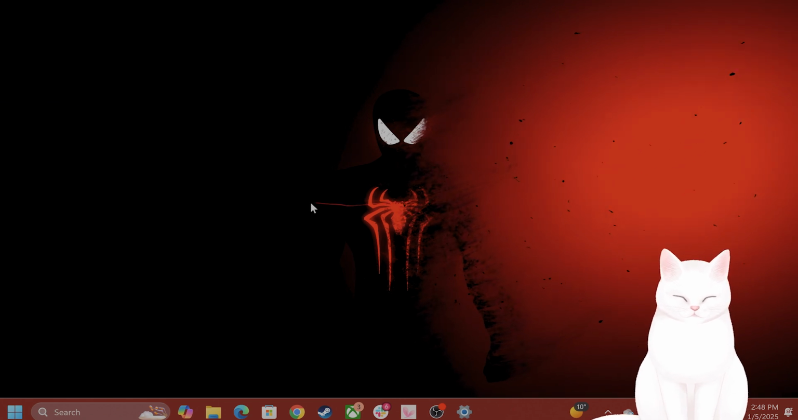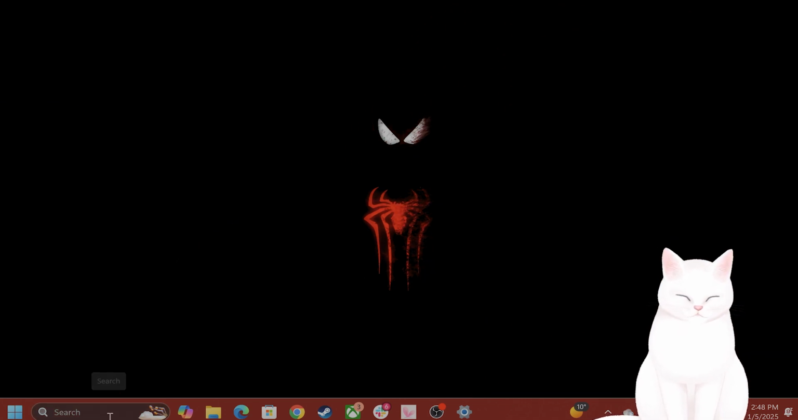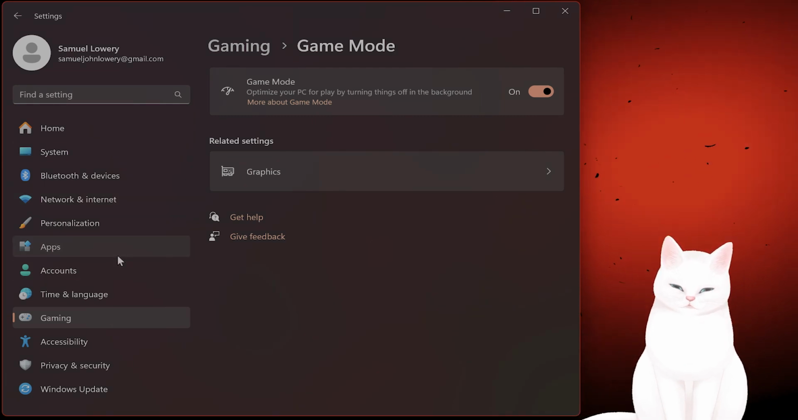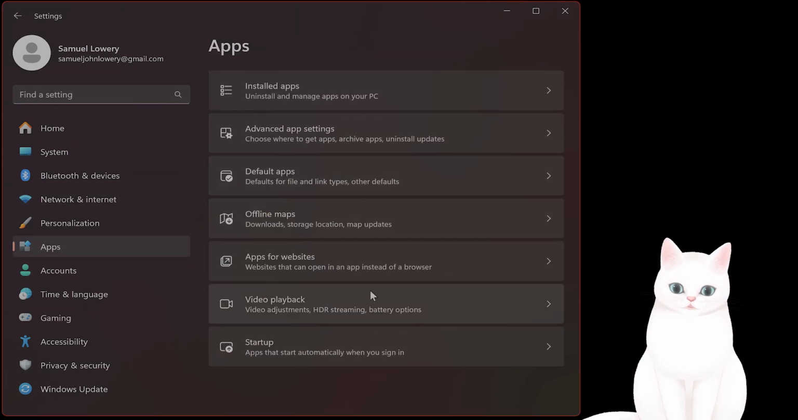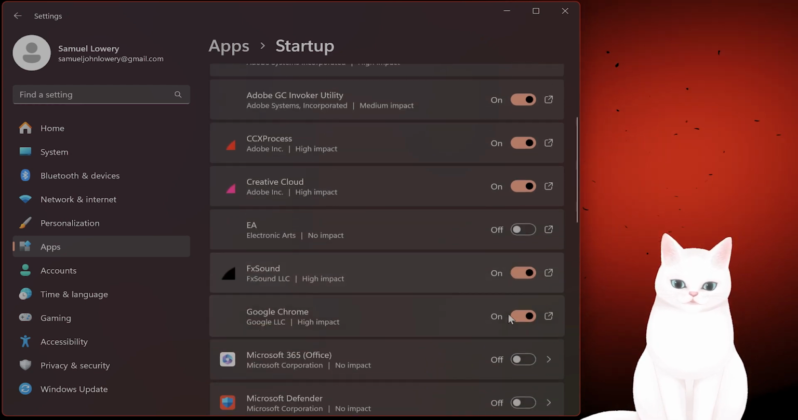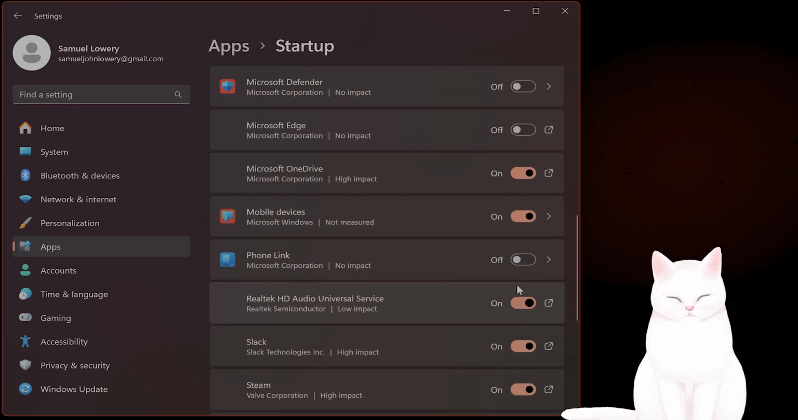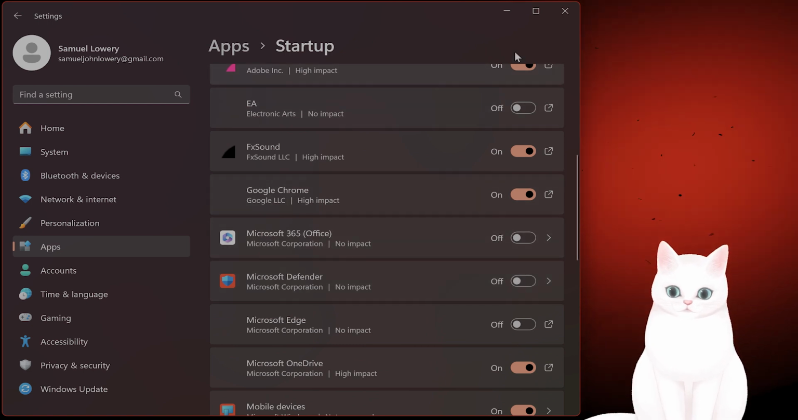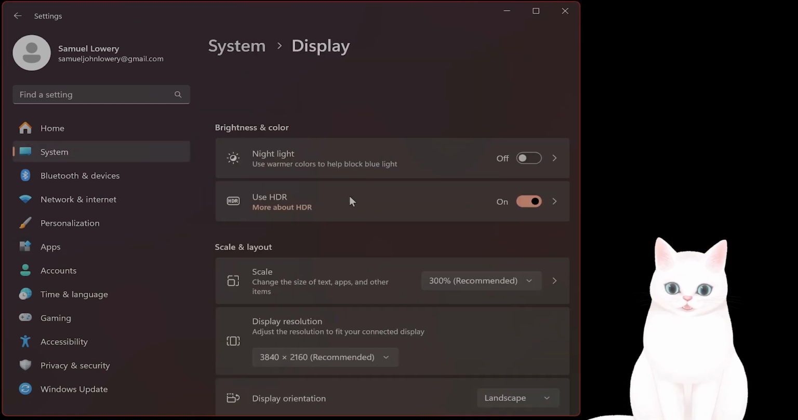Okay, when you're back in Windows, you want to disable some startup apps. So open the start menu, search for settings, go to apps, and go to startup. Now you want to basically disable everything that is not necessary for you to be running this game. And then after you've done that, go to settings, system, display,